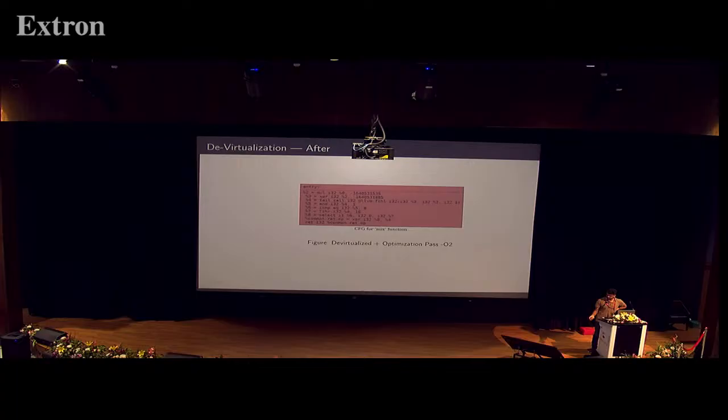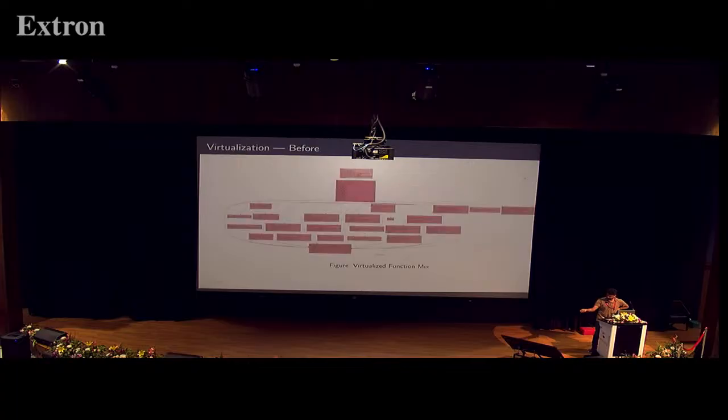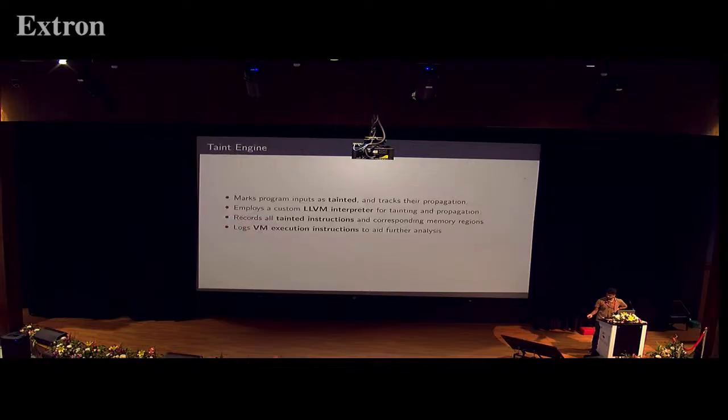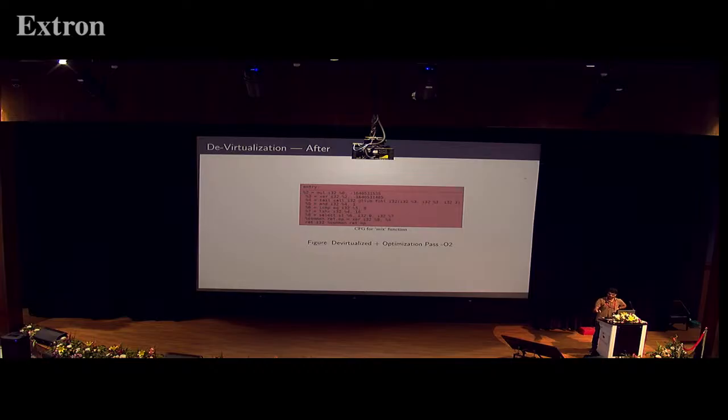So you can see that, again, we went from this virtualized function, after taint analysis plus post-dominance analysis plus running the O2 pass of LLVM, to a simple hash-like function. This is the sort of function that you would like to hide in a VM because it's very easy to analyze, but it's also crucial because a lot of license checks and a lot of malware use this kind of function. But I'd be happy to discuss the algorithm in more detail. Thank you. I'd like to invite my teammates on for the Q&A round.